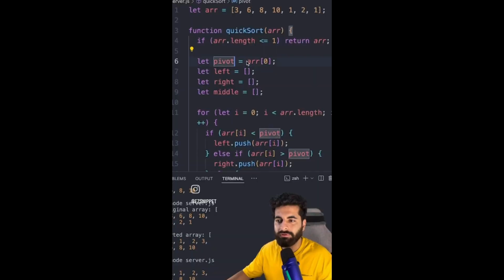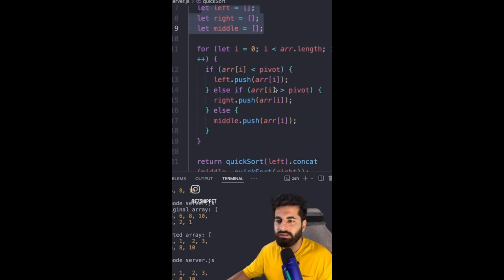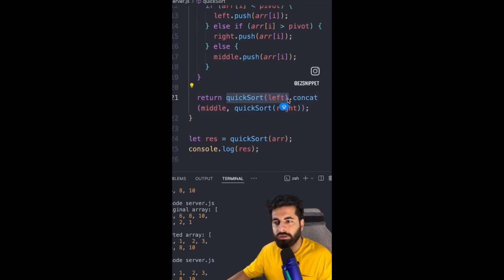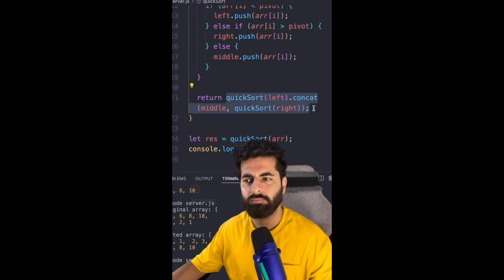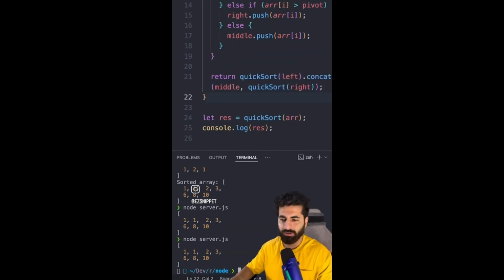पिवट उठा लिया हमने फर्स्ट एलिमेंट रैंडमली, 3 एरे बना दिए। अगर हमारा एरे पिवट से छोटा है तो लेफ्ट, पिवट से बड़ा है तो राइट, नहीं तो मिडल। सिंपल। एंड फिर लेफ्ट वाले को सॉर्ट किया रिकर्जन में, उसको जोड़ दिया मिडल वाले से, और फिर राइट वाले को सॉर्ट किया रिकर्जन में। आई होप तुम्हें रिकर्जन आता है, अगर आता तो ये लाइन बहुत सिंपली समझ आ जाएगी तुम्हें। एंड इसको अगर मैं रन करूंगा तो 1 1 2 3 6 8 10 एंड ऑल सेट।